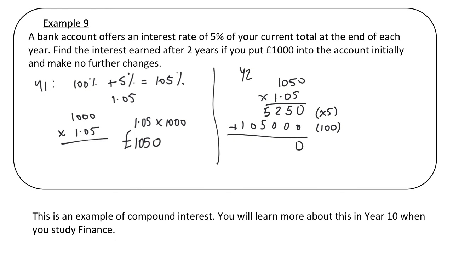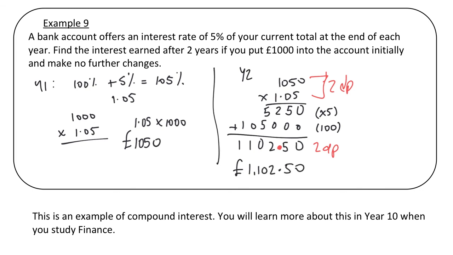So 0 and 0 is 0, 5 and 0 is 5, 2 and 0 is 2, 5 and 5 is 10, so 0 and carry a 1, which means the next column will be a 1 and a 1 at the start. In the question, there were a total of 2 decimal places, which means there's going to be a total of 2 decimal places in our answer. So we're going to go between the 2 and the 5, which means in the bank account, we're going to have